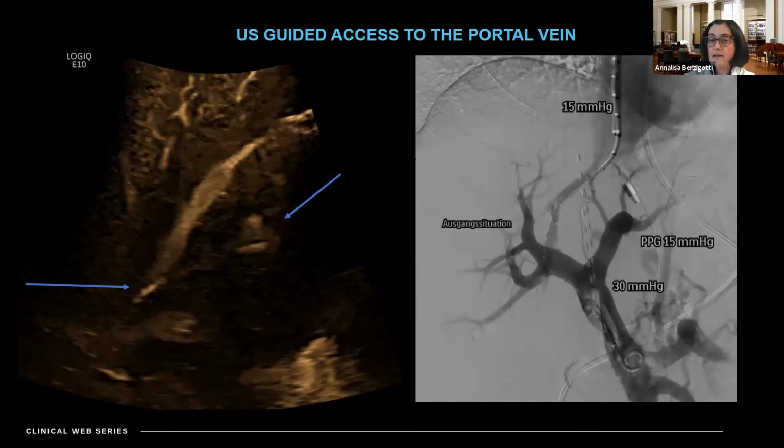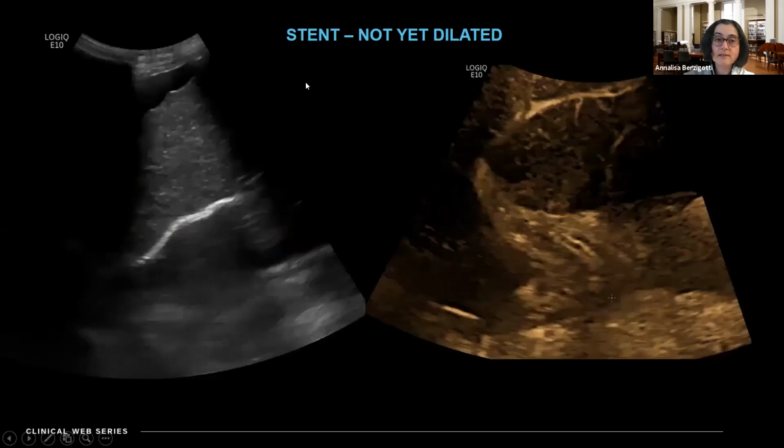On the right side, you see the angiography image and the measurement of pressure in this patient, which of course was high as expected due to this severe portal hypertension. You can also see in the portal vein the aspect of the thrombus, that is this lack of complete replenishment. And so we could guide the puncture much better. Furthermore, you can really follow in real time what is happening also with the different material you put in.